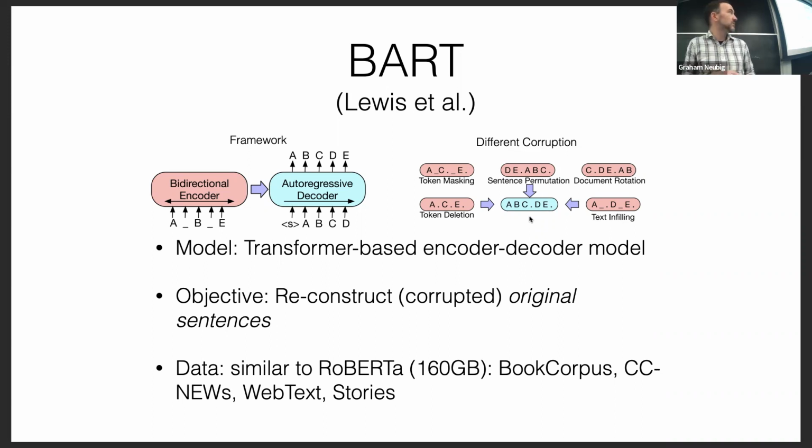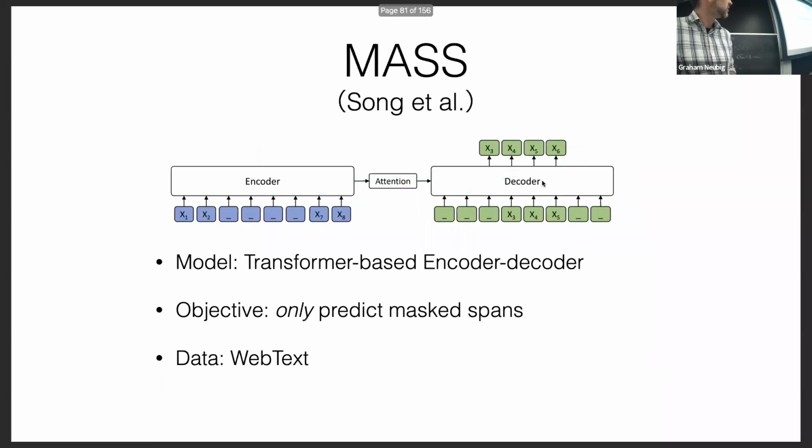Yeah, the corruption's randomly applied with different probabilities. I forget the exact probabilities here, but I have two questions on Zoom and then I'll get to this one. One question on Zoom was, what's preventing the decoder from copying X3, X4, X5 from its own input in mass? If you look very closely at this slide, you'll see that X3, X4, X5 are masked out in the input here, and because of that, it wouldn't be able to copy them directly from the input.